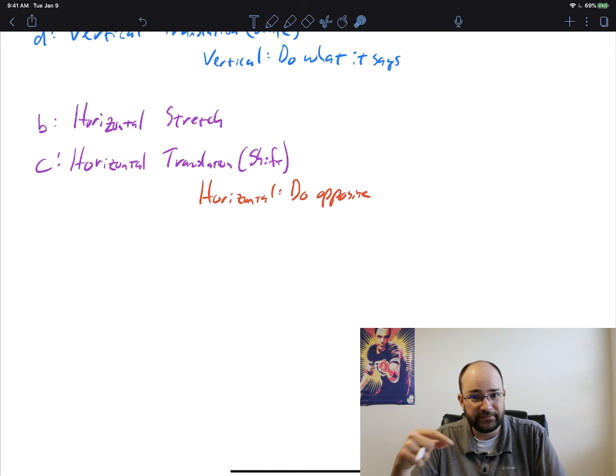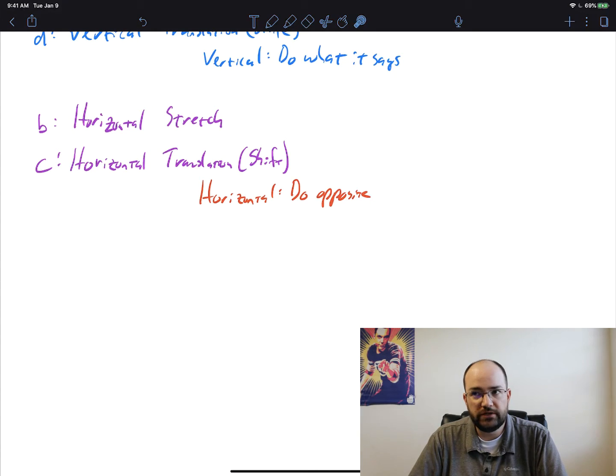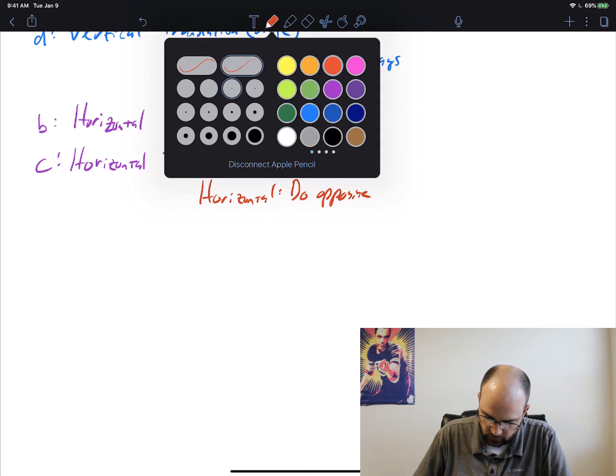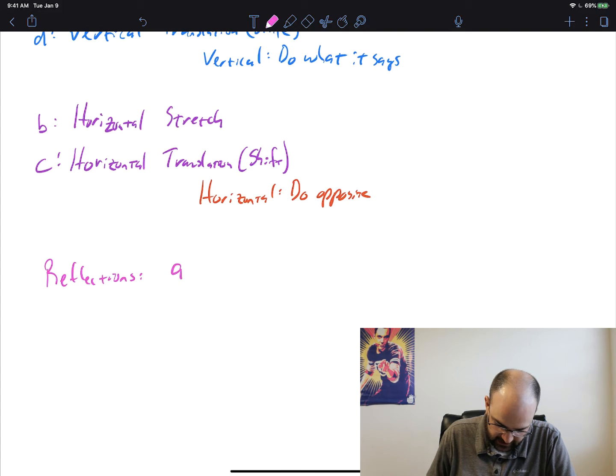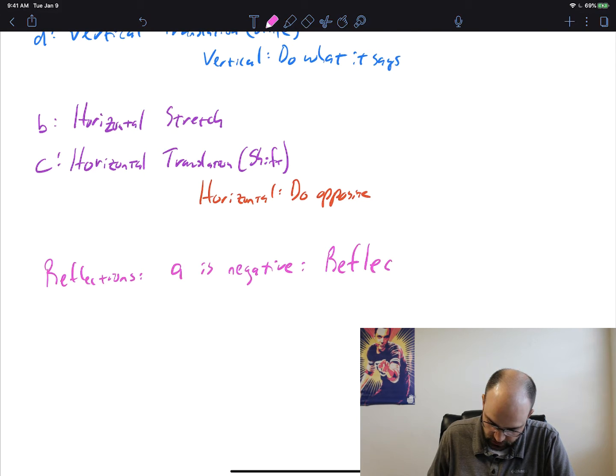But if you take 8 divided by half, that actually gives you 16. So if you have a number that is between 0 and 1, you're actually stretching, whereas a number greater than 1, you're actually shrinking. It's a little bit weird, I know. We also have one more thing that can happen, and those are the reflections. If A is negative, that is a reflection